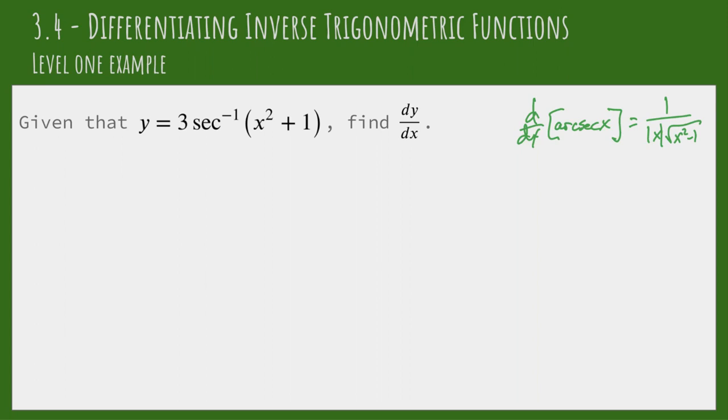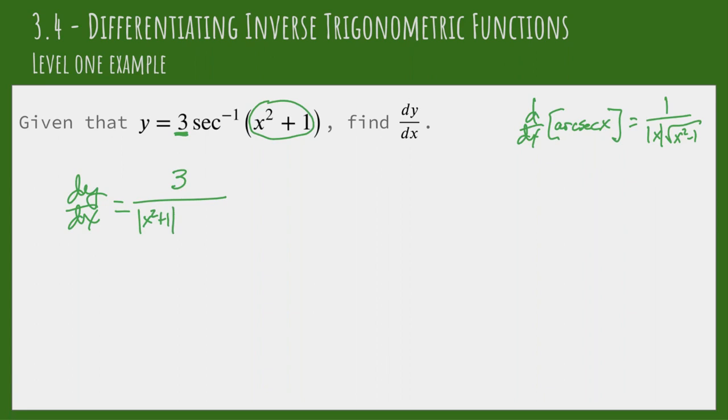Okay, so this is going to be another one where we're using the chain rule because we have this inner function or baby function. So dy dx is equal to, we're going to have the 3, the constant multiple rule says that 3 just stays. So 3 over, then we're going to have the absolute value of, instead of x, it's going to be x